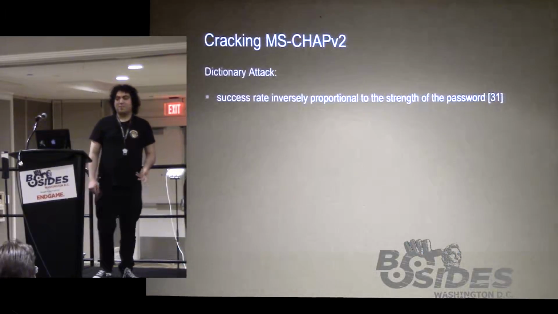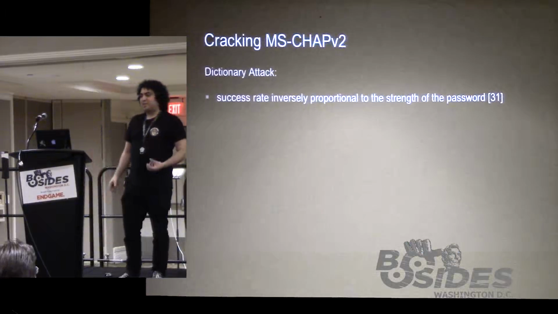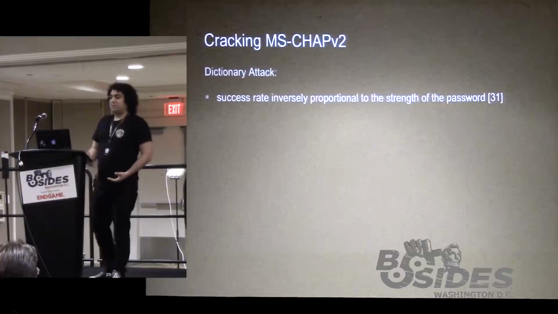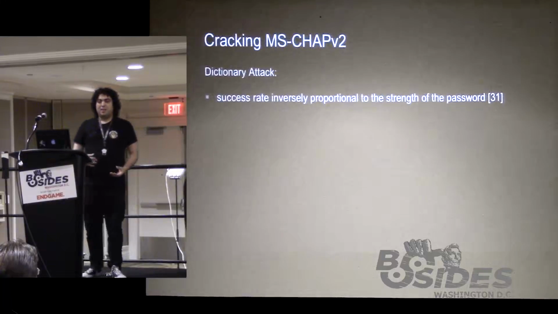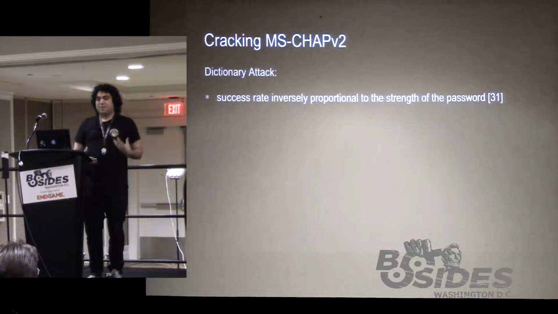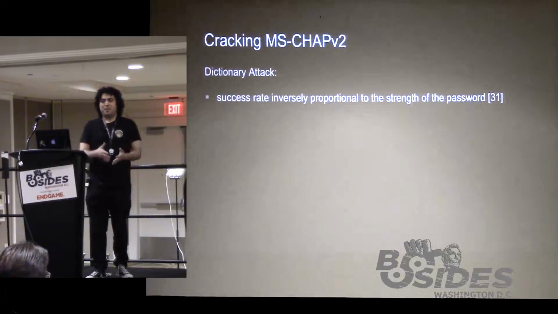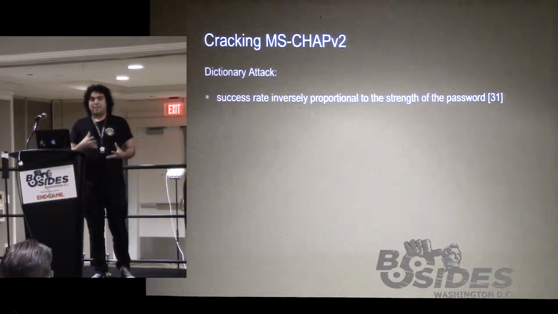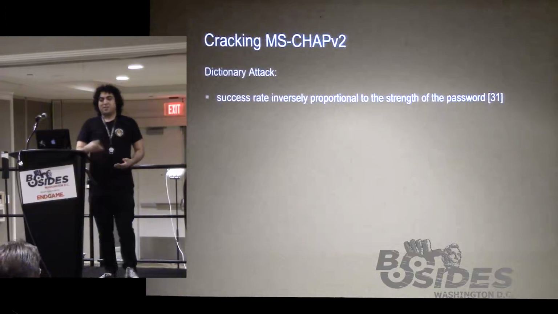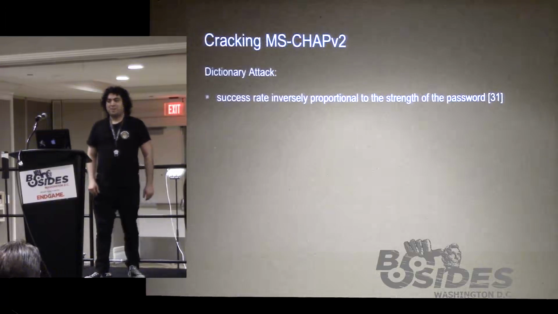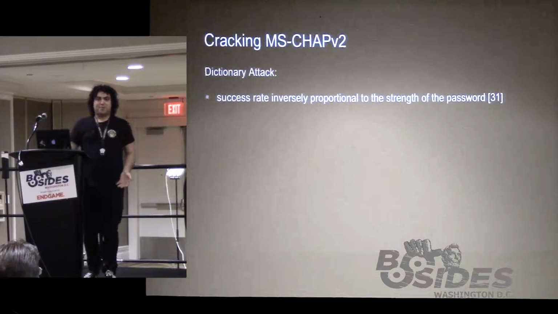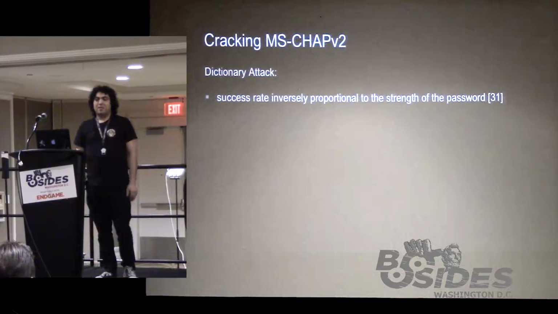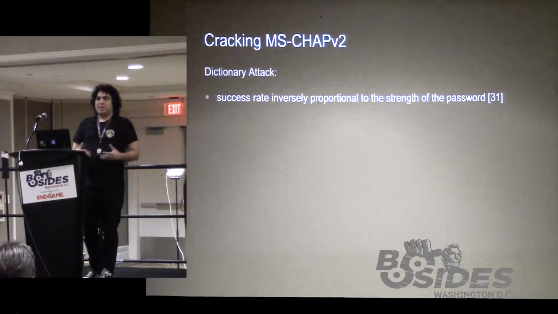And there are a couple ways of cracking MS-CHAPv2. The traditional way is that you take that EAP challenge and response that you've captured, and you iteratively perform a dictionary attack. You take the password and the challenge, and then try to combine them to create an MS-CHAPv2 response, and you try these sequentially over and over again until you find the right password. That's a dictionary attack. Unfortunately, the success rate of this attack is inversely proportional to the strength of the password. So the more complex the password, the more you're going to get diminishing